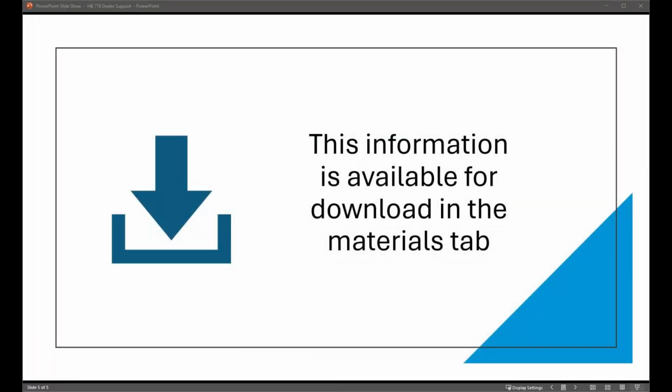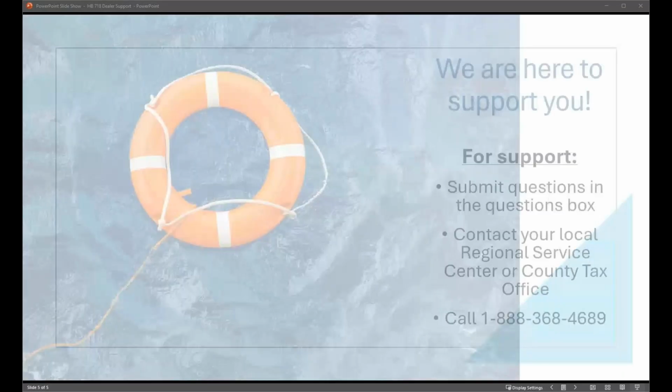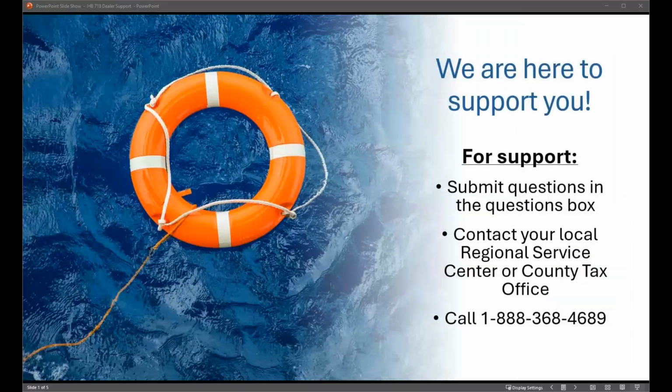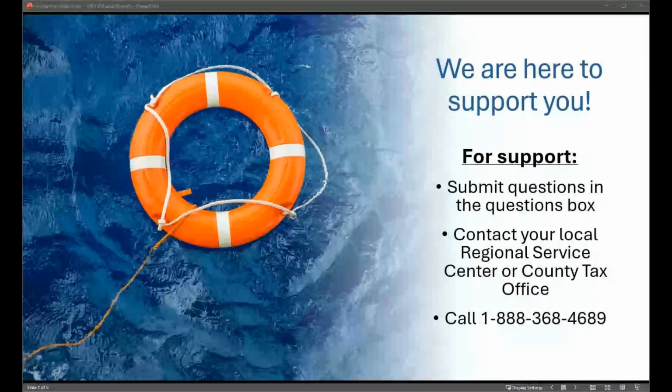Okay, how are you going to download documents for each transaction? If you're referring to uploading documents for transactions, when you submit them to the county tax office, you're going to utilize Web Dealer to submit those documents. Again, there's going to be an upload feature or step in there. Again, if you want to clarify what you're referring to.